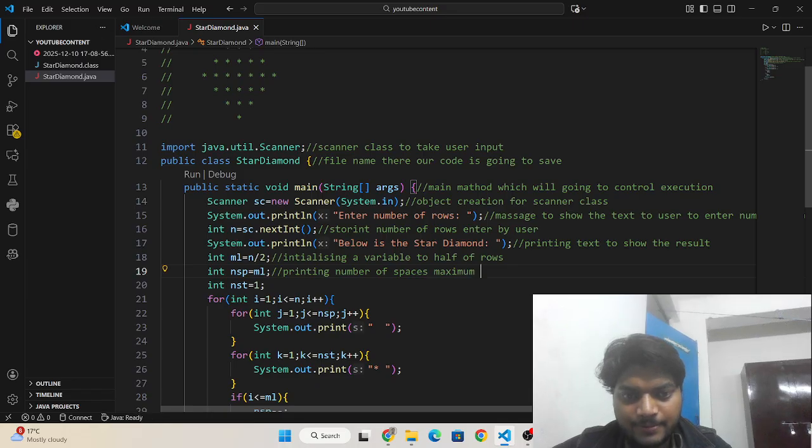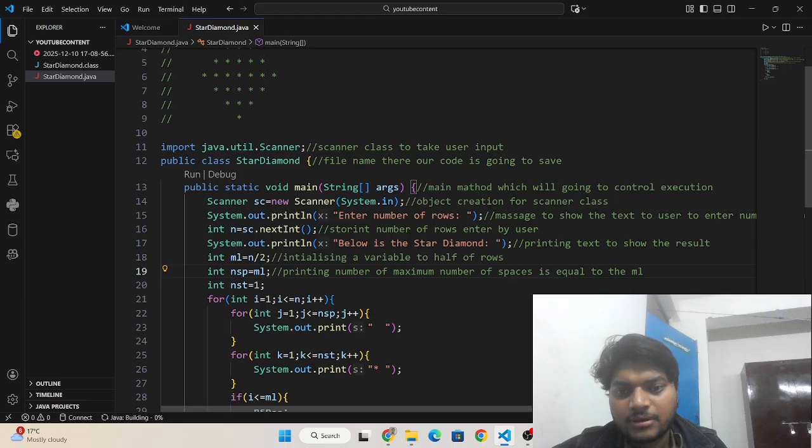The maximum number of spaces is equal to the middle line.